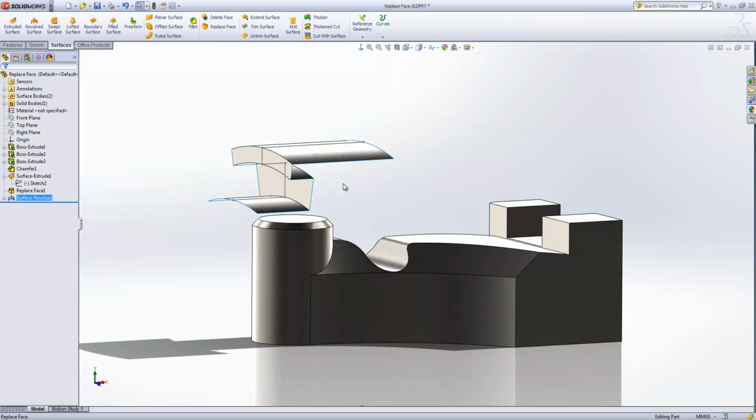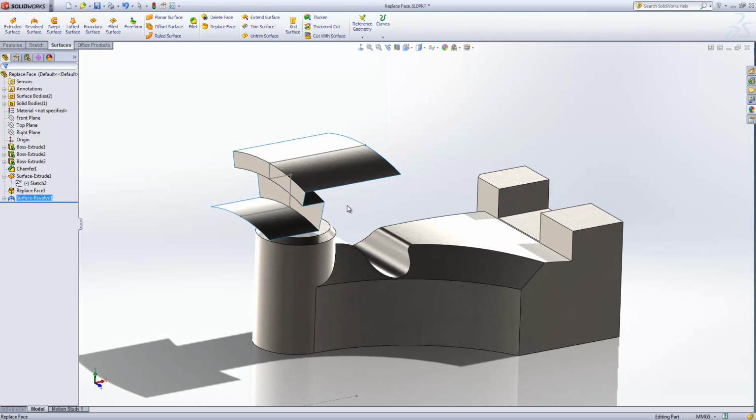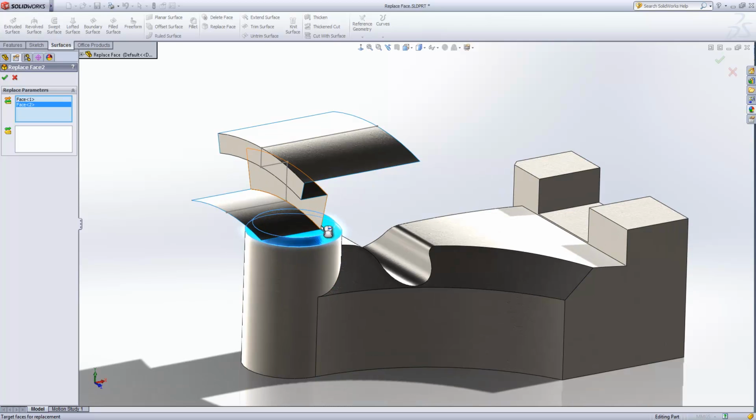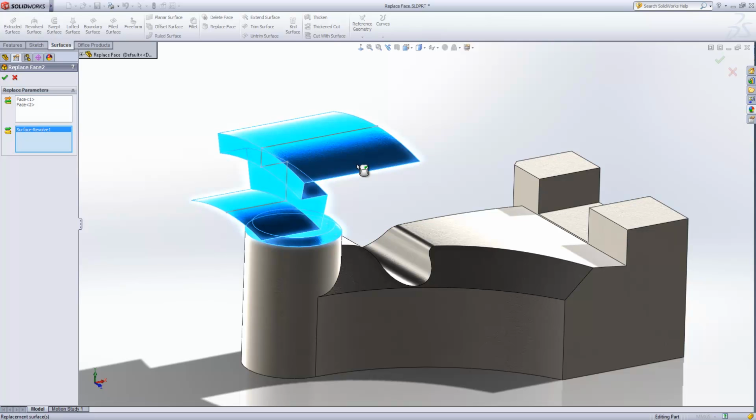you'll see that this is quite a complex surface that we've actually created here. And if we were to create this in a normal situation and trying to use, say, an up to surface end condition on a normal extrude that would have been used for a feature like this, it probably wouldn't work. But with a Replace Face tool, you'll see that there is quite a lot of power to use quite a complex surface in this scenario. So the two items I'm selecting are these two top faces, and we can replace a number of items, not just one. Okay, and if I accept that now,